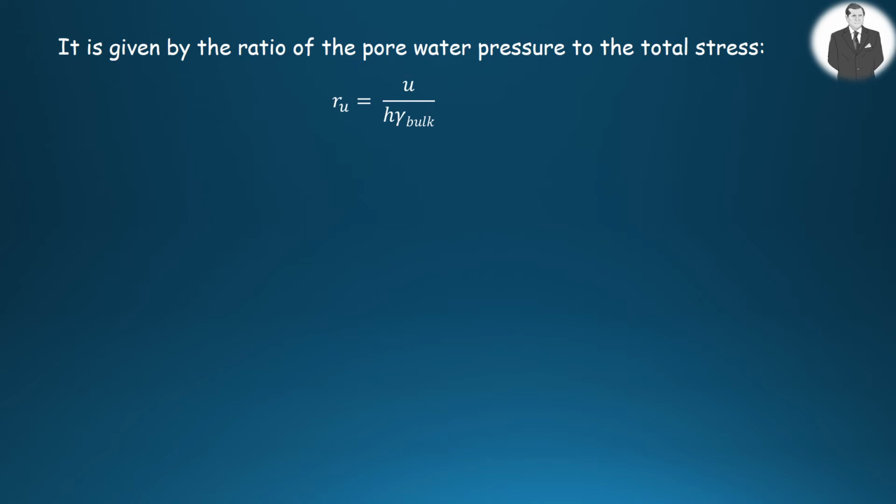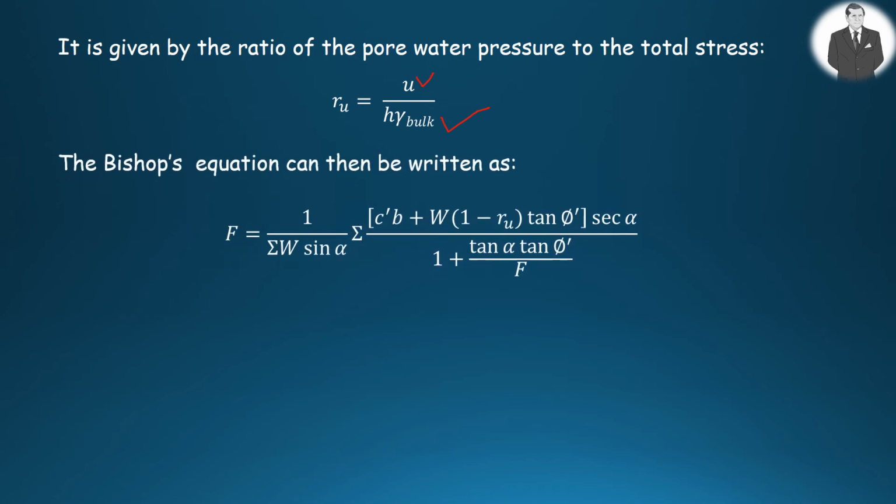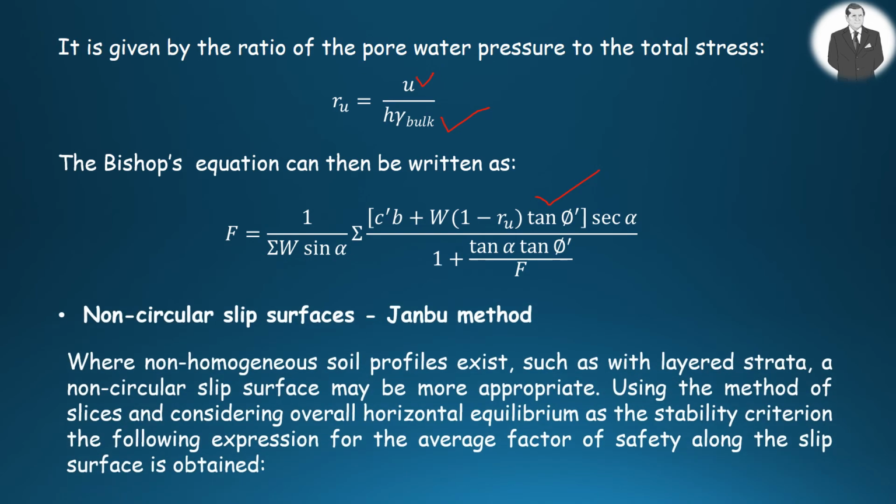It is given by the ratio of pore water pressure to the total stress. Bishop's equation can then be written accordingly as provided here, where